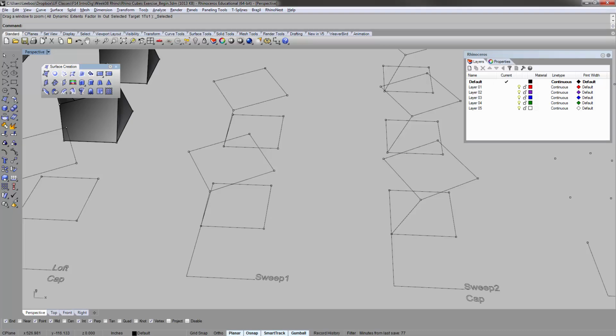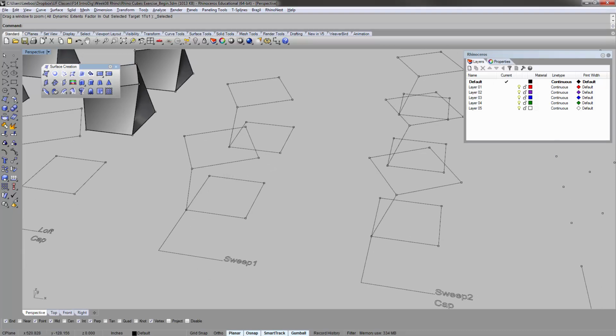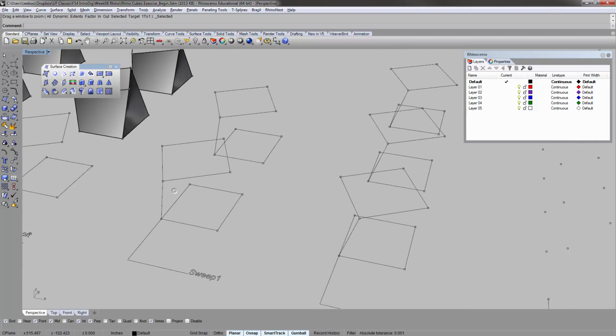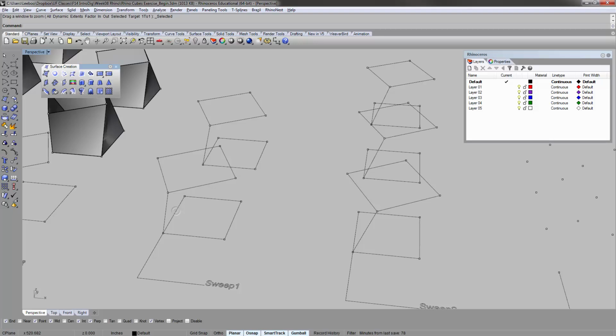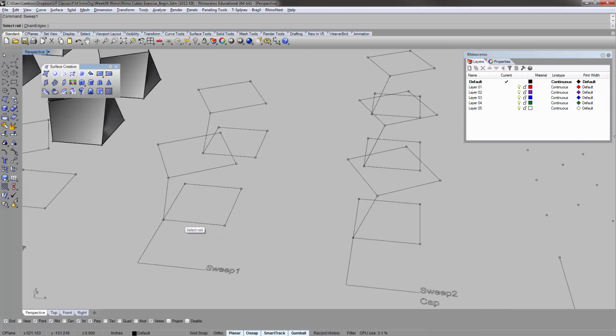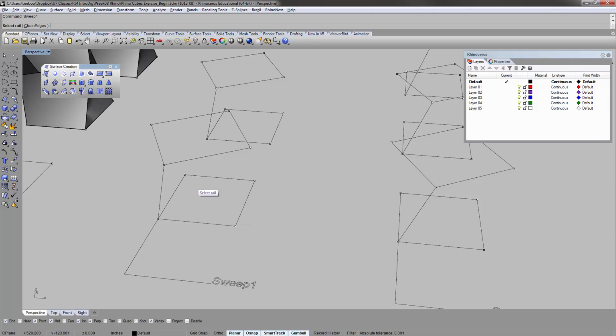Okay, the sweep one command. This command shows you how there are some commands that actually care where you click when you're selecting things. To give you an example, with the sweep one command, select a rail, and you'll see there's going to be a difference depending on where I click on the rail. So you see the section I'm going to use is on this corner, right? So let's use that as a boundary point. If I click on this side of the boundary point, somewhere closer to here, and then select the cross-section curve